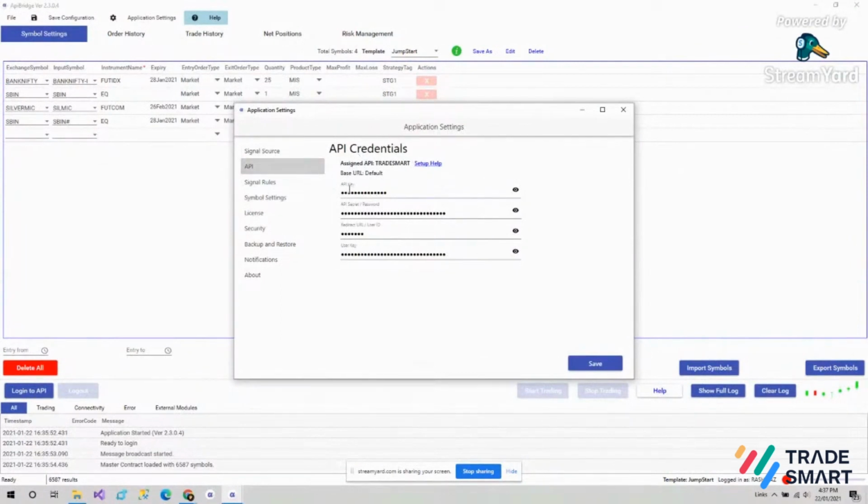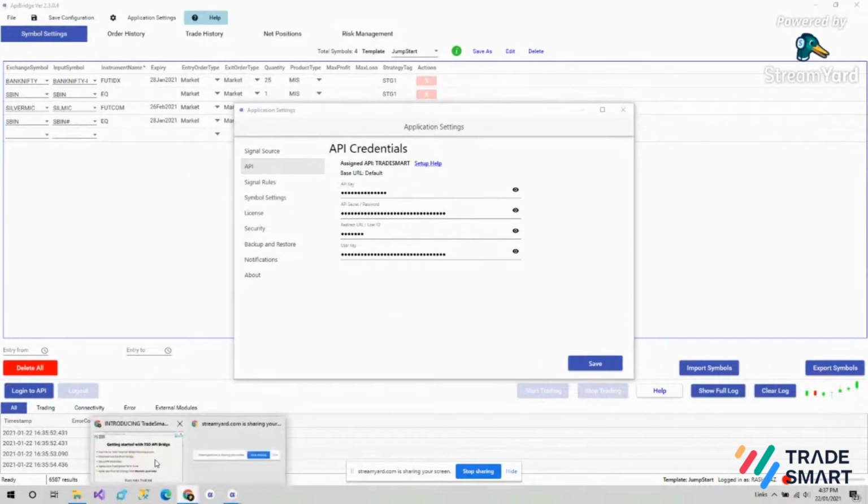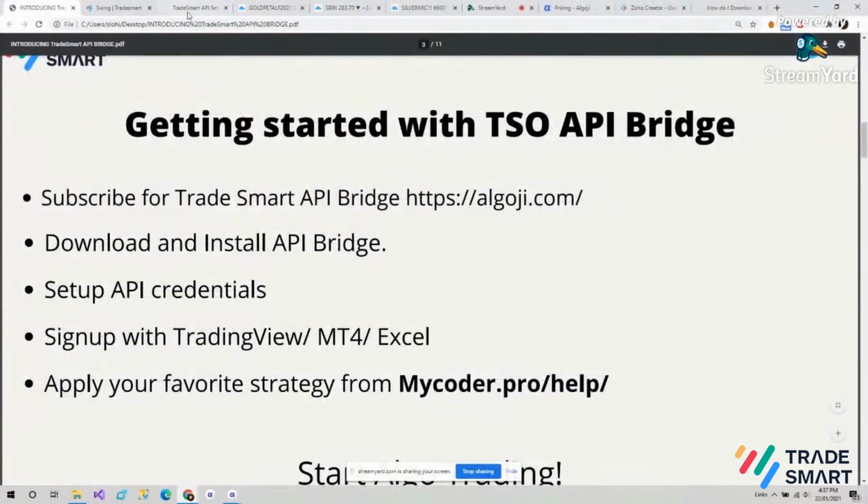So you can see API key, API secret key, password, redirect URL, user ID, user key. So these are the credentials you have to mention. Now where do you get these credentials from? That is also a question that will come to your mind after seeing this. So I'm going to answer that now. For that, what you'll have to do is you'll click on setup help. When you'll click on setup help,